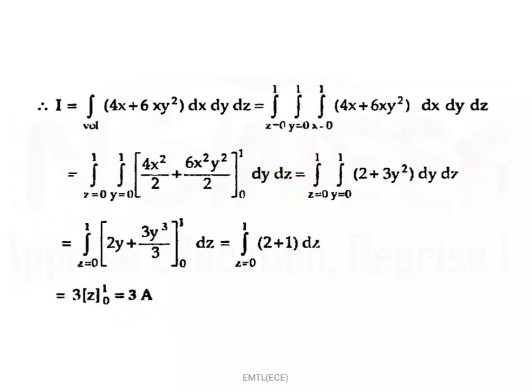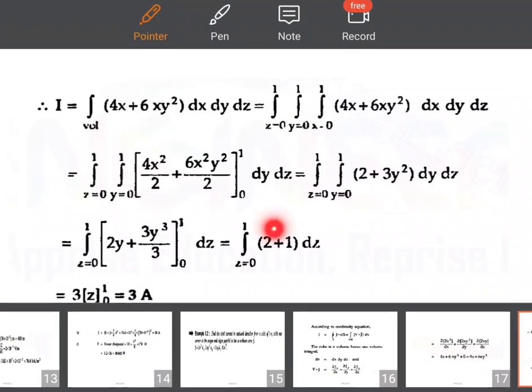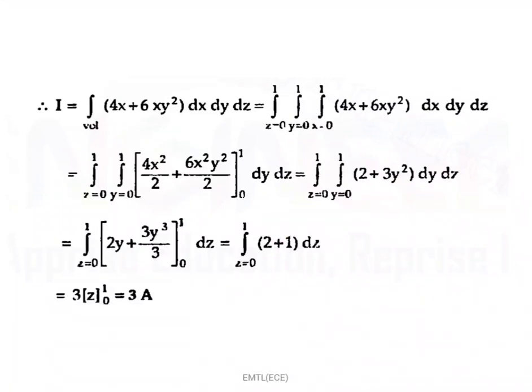So simply eliminate the dx value, and now substitute the 0 and 1 here. 4 by 2, that is 2. Here 3y square. So finally, 2 and 6 cancel by cancelling 3, and x value substituted by 1, that is 3y square. Now by the lower limit substitute 0, that is totally these values become 0. So simply we neglect the lower value.